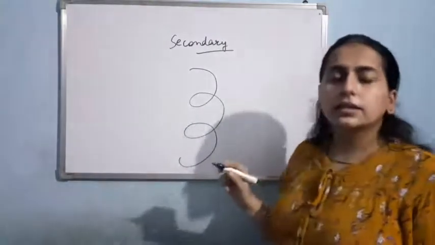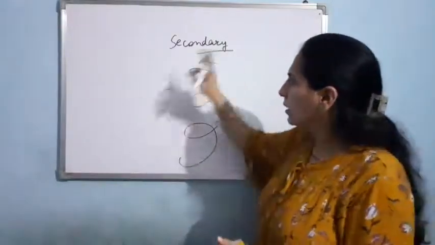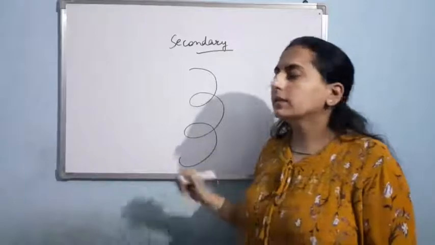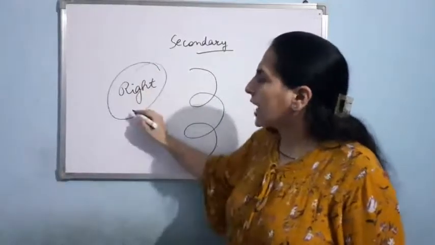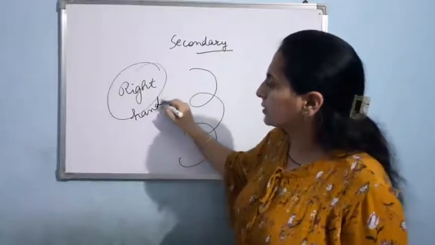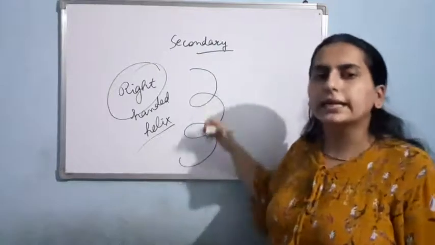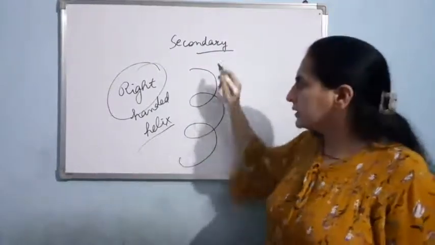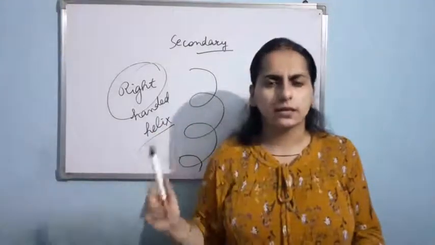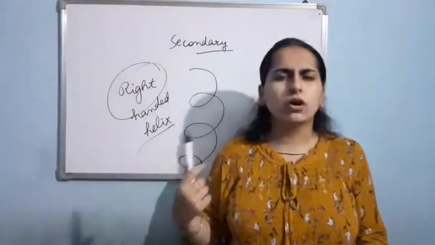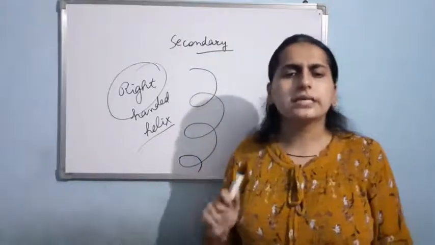Am I clear? The protein has made a helical structure, and in the proteins we are having right-handed helix. Clear? So in the secondary structure, the protein thread used to make a helix, and this is right-handed helix. This structure you might have seen in the rounded staircase, in some museums or in some buildings also, in a few houses also, this type of staircases are present.